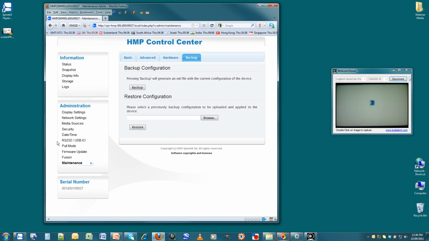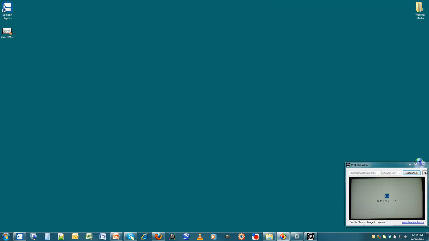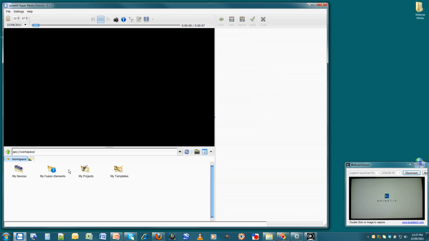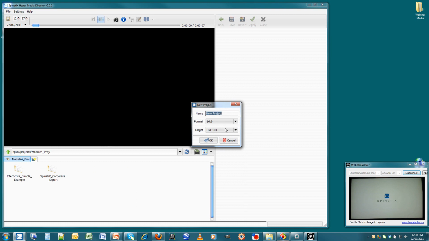The next thing we're just going to talk about will be the multi-screen creation. So let's get going and show you how to create a multi-screen presentation or a video wall. The first thing you need to do when you've opened up Hyper Media Director is to go to the My Projects area, and I'm going to work within this Module 4 Projects folder. I'm going to right click and create a new project. When I create my new project, give it a name,